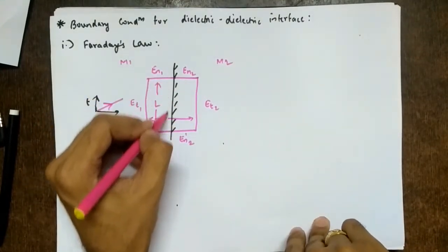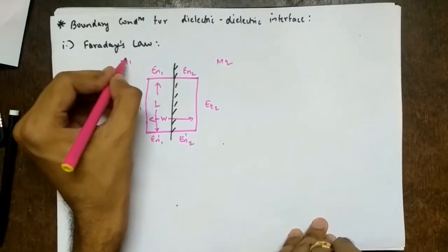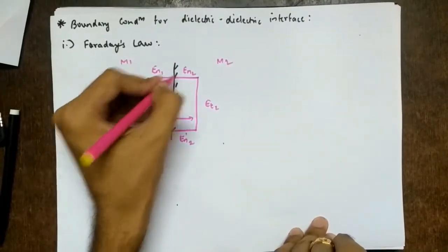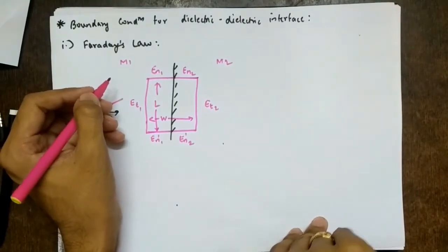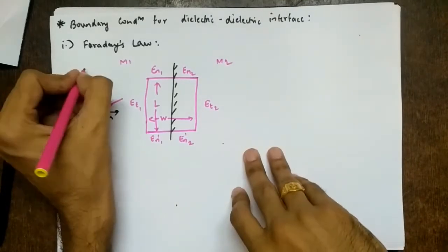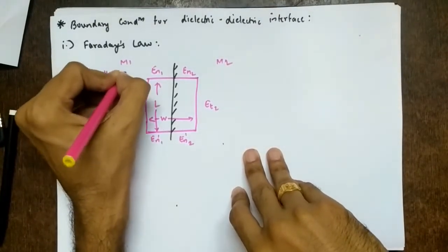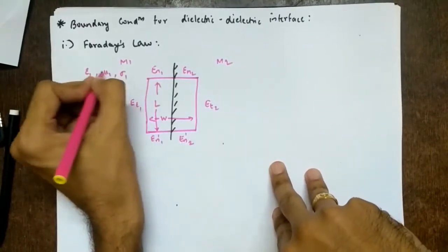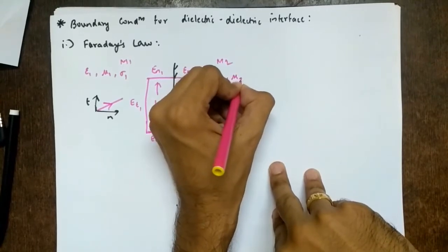It is placed across where? Across the boundary. So that's why we are writing placed across the boundary, separating mediums M1 and M2. Why separating? Because this boundary is separating mediums M1 and M2, and having corresponding permittivity, permeability, and conductivity. Corresponding indicates we are writing for each of the mediums, so that also you have to write.